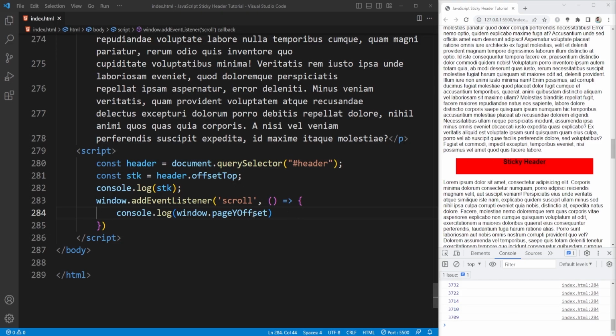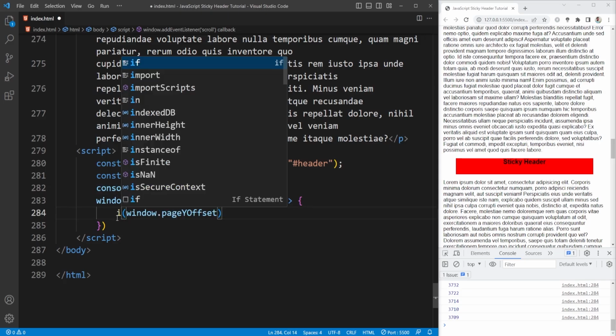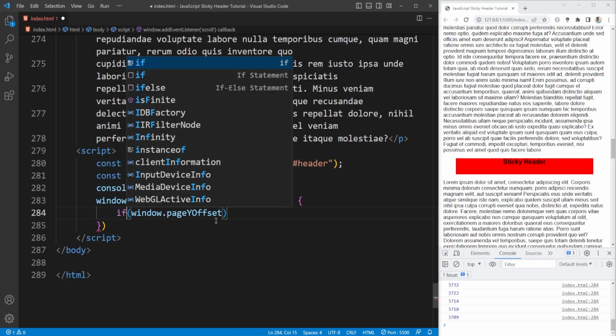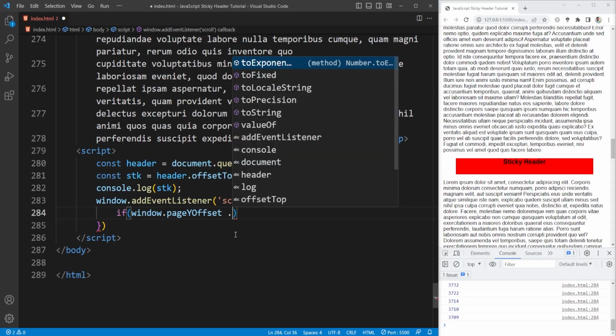If the y offset value is greater than the stk variable, meaning the sticky variable, then stop this sticky header bar at that position. I want to say if the condition is true, then fix the sticky header bar at that position. So first I'm going to remove console.log, and here I'm going to set an if condition. If window dot page y offset is greater than